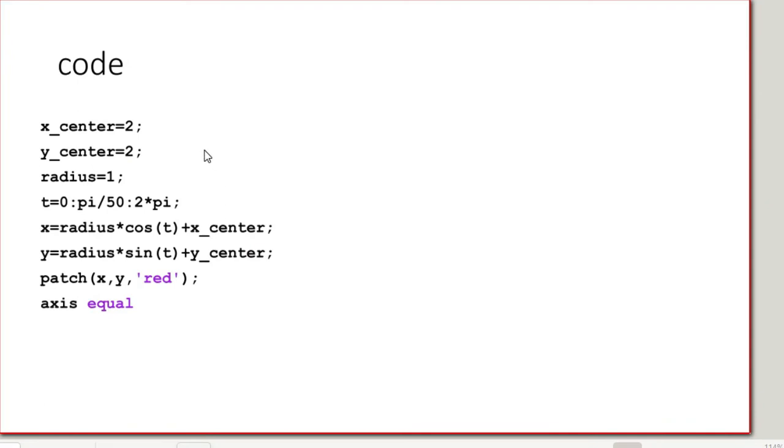The code is, initially I have identified the center point, and the center point given here is 2 comma 2. If I take this as an axis, this value is 2 comma 2, with a radius r; the radius given here is 1. With radius r I am going to plot a circle like this.